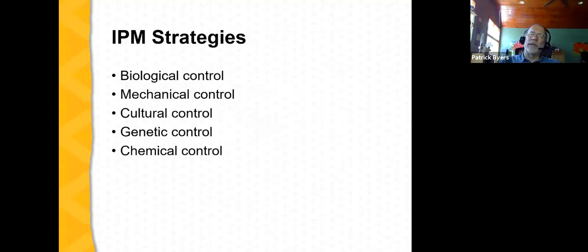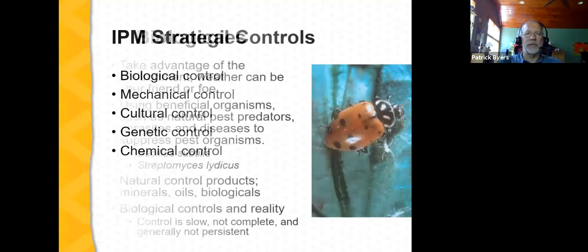And I didn't leave chemical controls until last as a chance thing. In most cases, a grower who is interested in sustainability on a farm or in a garden needs to be looking at these other strategies before looking towards chemical control. Granted, there are many diseases where the most effective management strategy is chemical control, but there are many other cases where one of these other strategies will give adequate control of a disease.